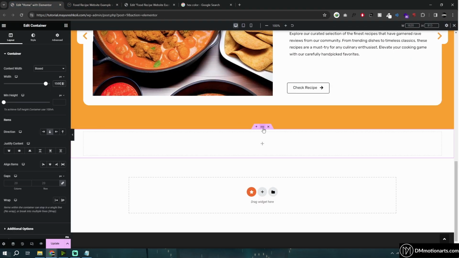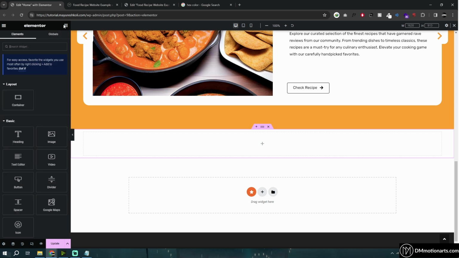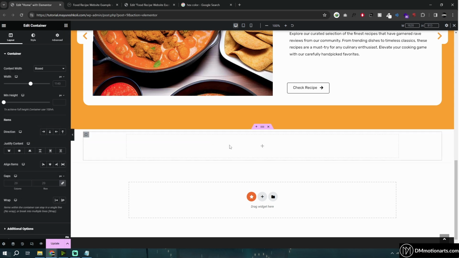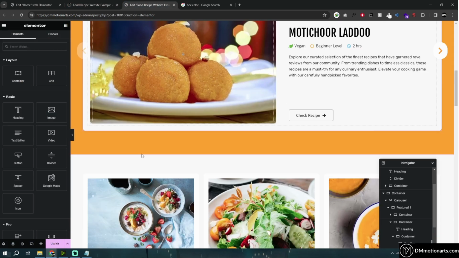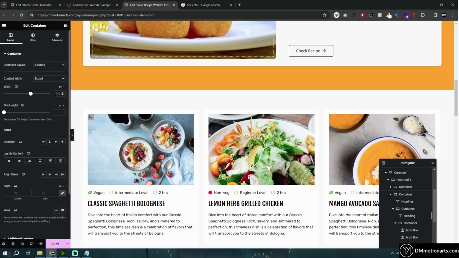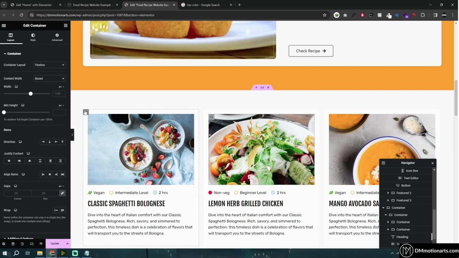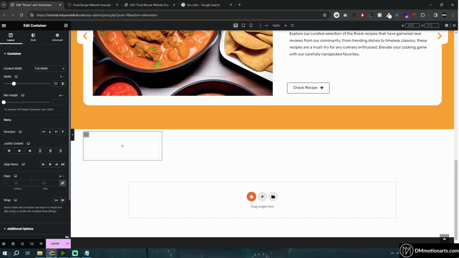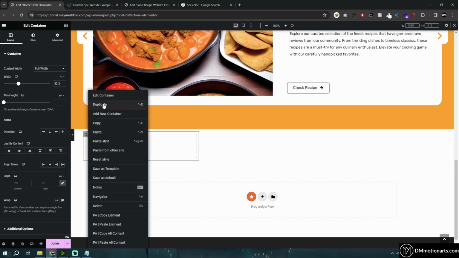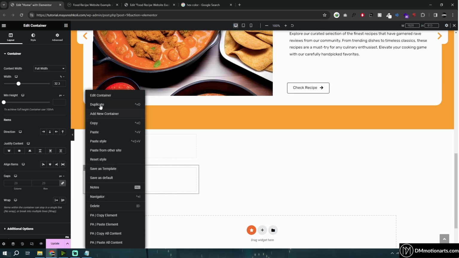So what I've done is I have made it 1500 pixels. I will add a container. I'll make this full width, and then I'll make it have, let's say, 20%. So right now let me check how many percent I've chosen. So I have not even chosen anything. Okay, I have chosen, never mind, 32.3. So I'll make it 32.3 like this. Let's duplicate, and then let's duplicate,